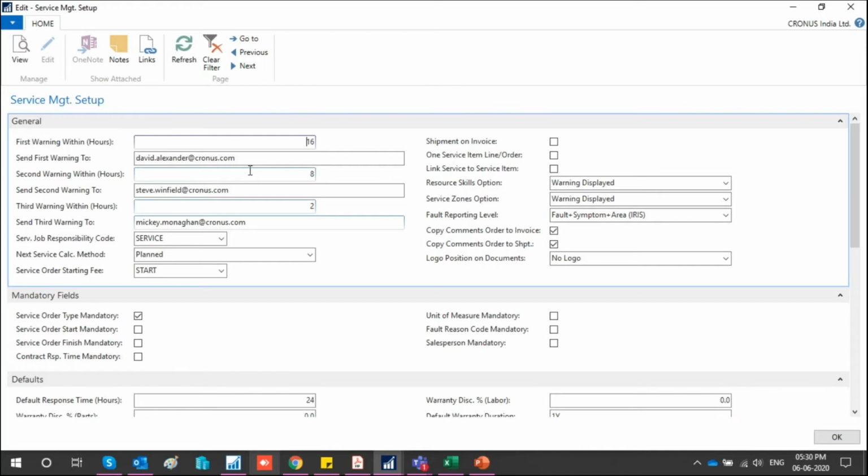Now the first warning within hours is 16. So what it means is that the expected resolution time of this particular issue was 7th of July 2020, let's say at 10 a.m. So 16 hours before 10 a.m. on 7th of July 2020, the send first warning to mail should get a prompt mentioning that this particular service order needs your attention, because this is still in the first stage, that is to do.